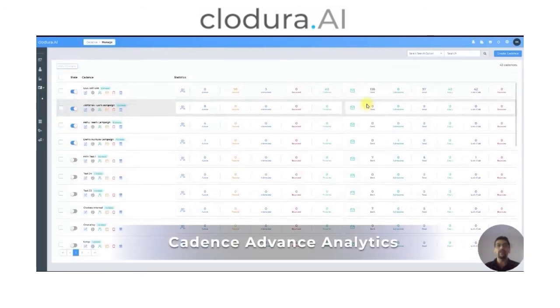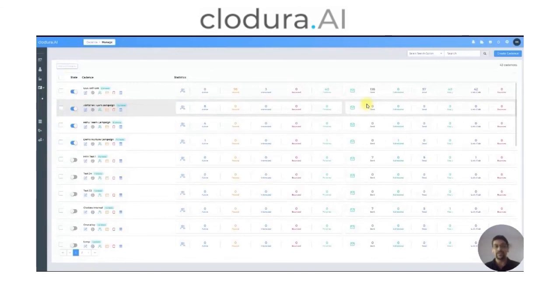Constantly, every day, if you create a sequence or a cadence, you can just keep on adding contacts into it without worrying about having to create more and more cadences every single day, and you will get a lot more analytics, a lot more granularity, better access to the entire system, which will make your life a lot easier. So let us take a deep dive into all of these features and see how to create a cadence and how to manage the cadence in the further videos.